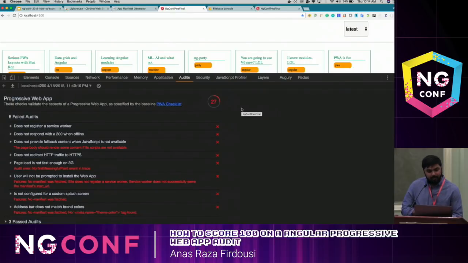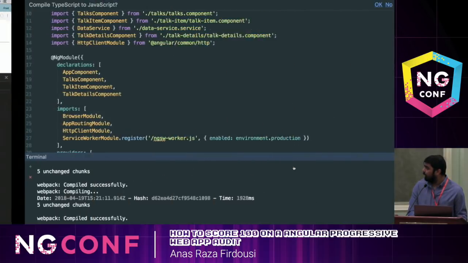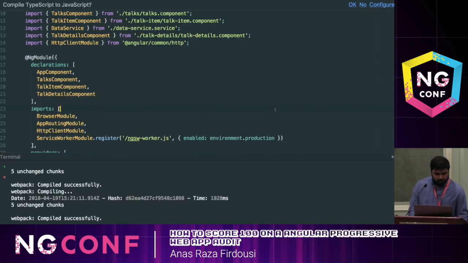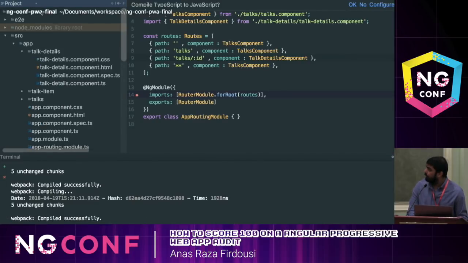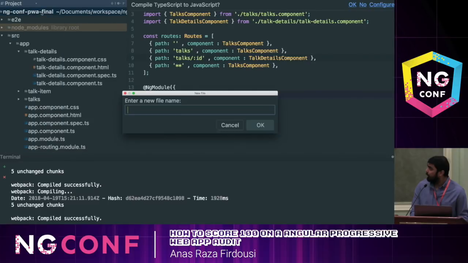So with the Angular CLI application without a real PWA support, since you haven't done anything yet, you typically get about 30% or less PWA compatibility, and these are the things that it's saying. It's saying you don't have a service worker, you're not running over HTTPS, and you have other problems, right? So now the first thing that we are going to do is, all right, let's close this guy, and let's say we need a manifest file. So we'll just go ahead and say manifest,